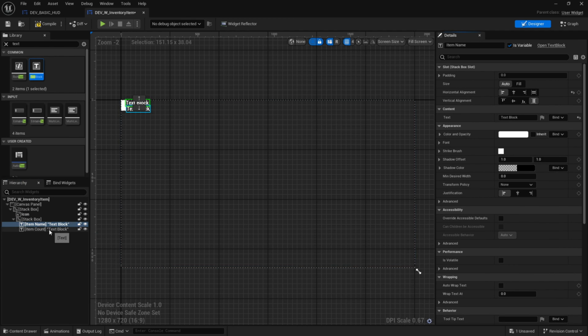On toggle inventory, we're going to put a branch off the show. The reason being is if we are hiding the inventory, we don't need to do any of this logic. If we're showing it, then we do. So if we're showing it, we're going to grab our inventory, get